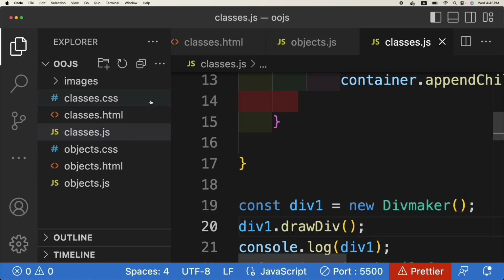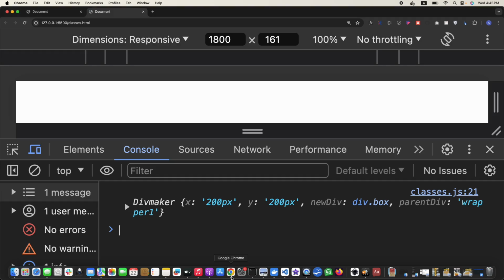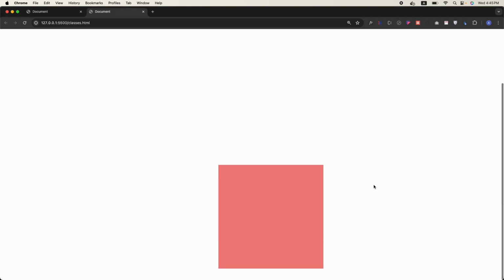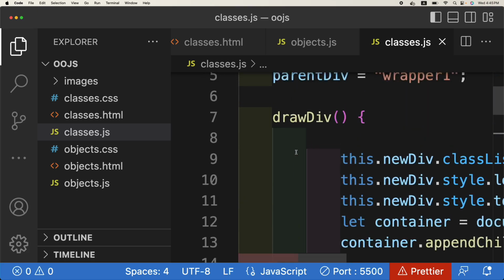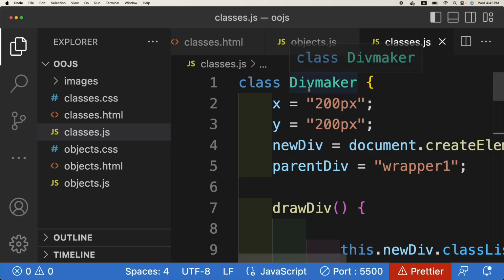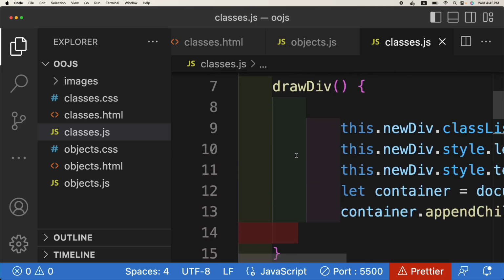Hopefully if I preview it again, here we have one div now. So exactly the same output, but now we're using the classes. Classes are just, they say, syntactic sugar for the objects we used to create previously in JavaScript using the constructor functions. So let me repeat, class div maker, the same stuff, and